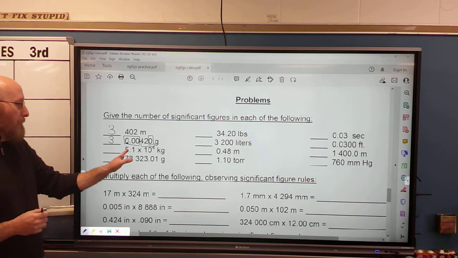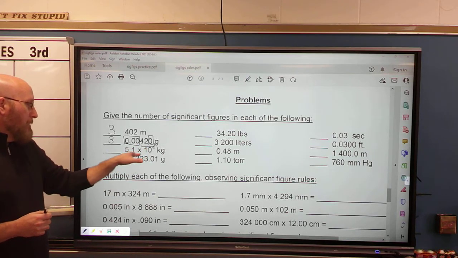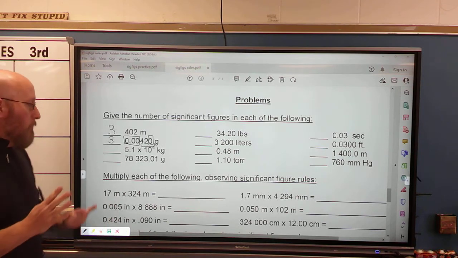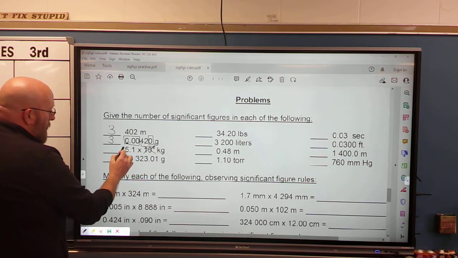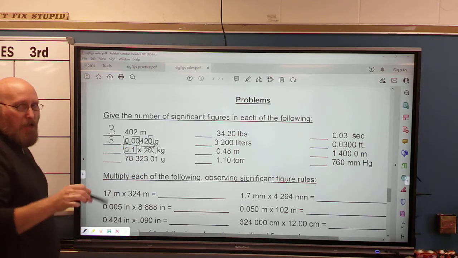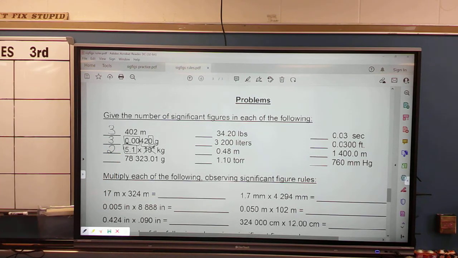This next one right here, 5.1 times 10 to the 4th kilograms. Now, we'll talk about what this is a little bit later, okay? And that's fine. Let's just look at which ones are significant. We don't care anything about this. This doesn't matter. We're looking specifically right here. The 5 and the 1 obviously count, so there's only 2 significant figures here. Okay? The next one,